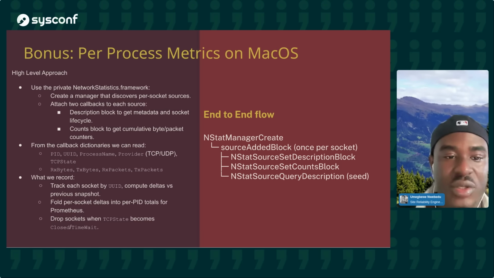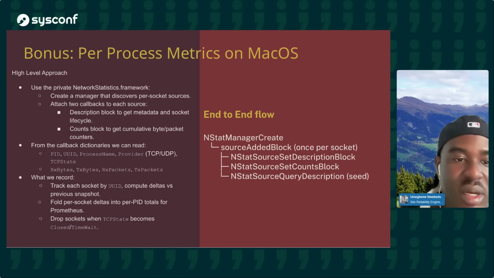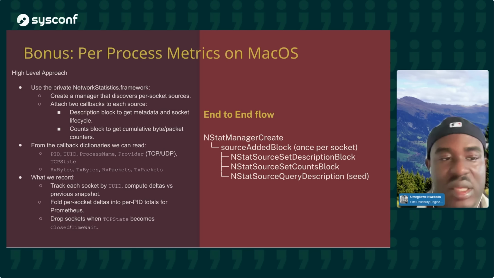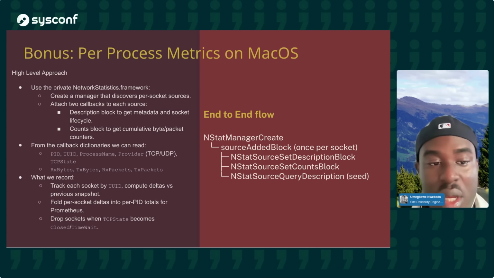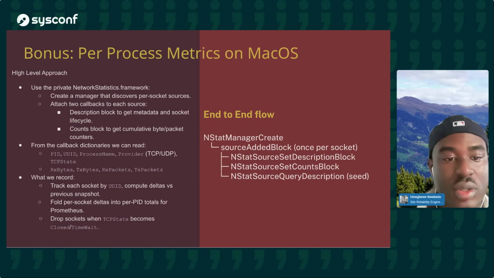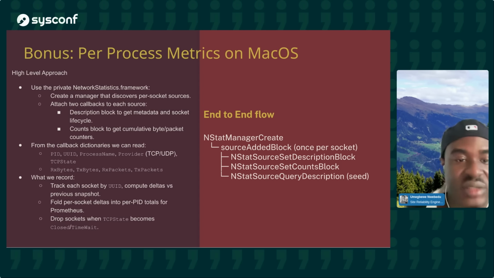From the callback dictionaries, for example the description ones, you could get the ID of the process that owns that socket, the UUID, the process name, etc. And what is the provider, is it a TCP socket or a UDP socket? And what is the TCP state? Is it closed, is it open, and so forth. On the counts block, you can get stuff like receive and transmit bytes, receive and transmit